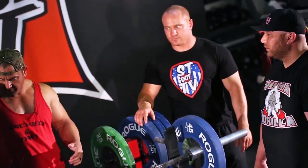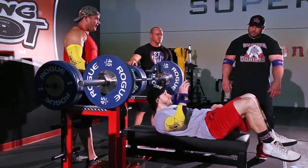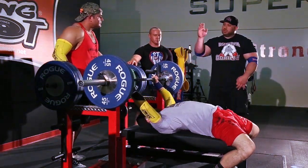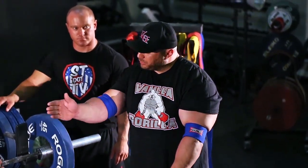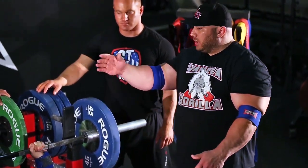Maybe we can walk Mike through it. If his butt's shooting up all the time, where can he put his feet, or how can he line up better? One of the things I mentioned was instantaneous leg drive. The second you unrack the bar, we need leg drive. If you go 0 leg drive and then you touch and then you go 100 leg drive, that's one of the main culprits. Right. So if you have constant...